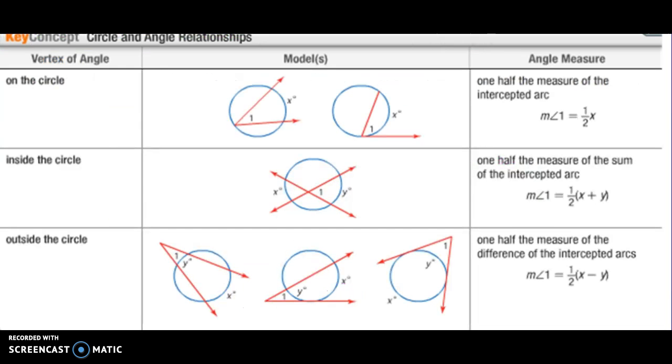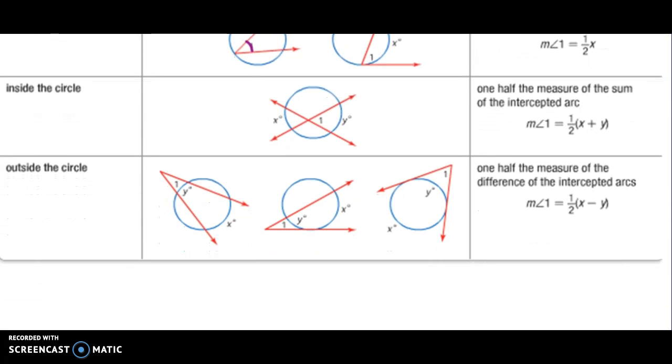So to finally end our notes here, we have all of the circle and angle relationships that we've talked about. Any angle across from an arc, the measure of the angle is half the arc. Inside a circle, we said that angle 1 right here is going to be half as big as the two of them together. And outside a circle, it's going to be half of the difference between the two angles. And this is in your notes, and it will come in handy when it comes time later to look at